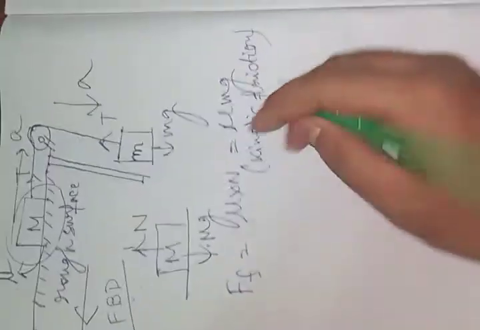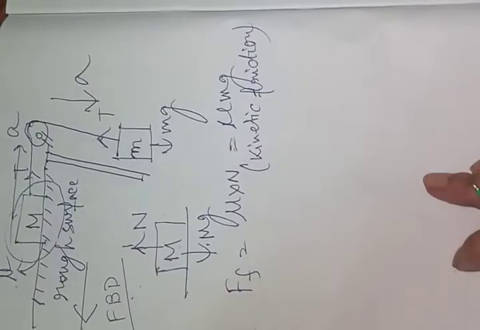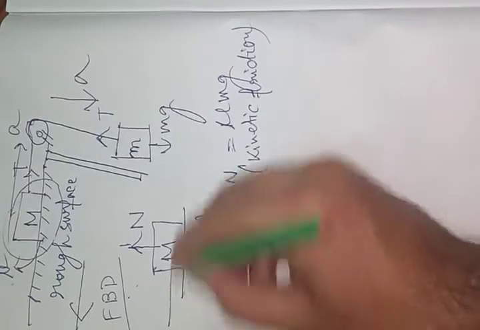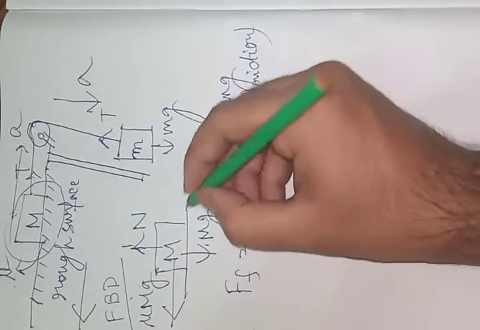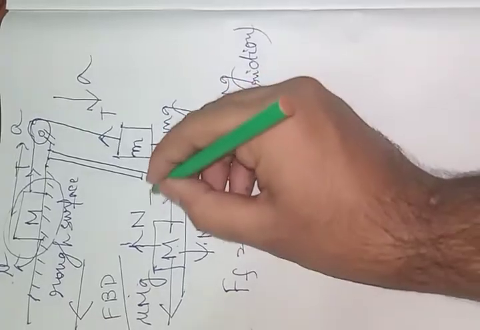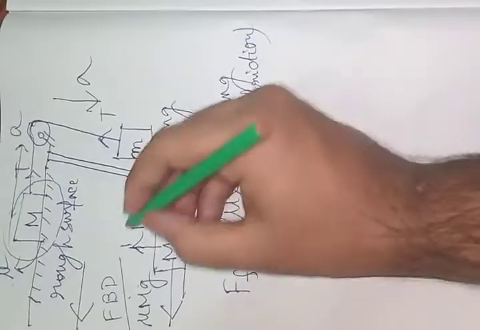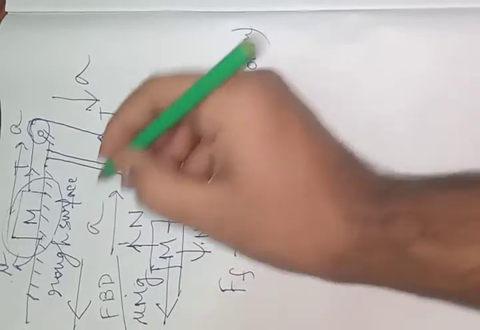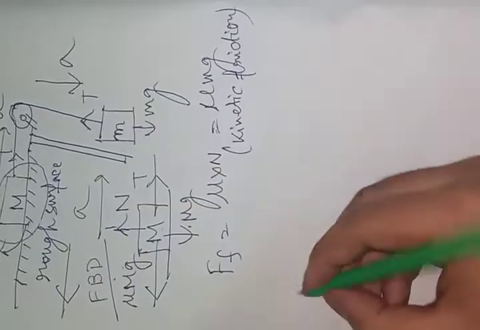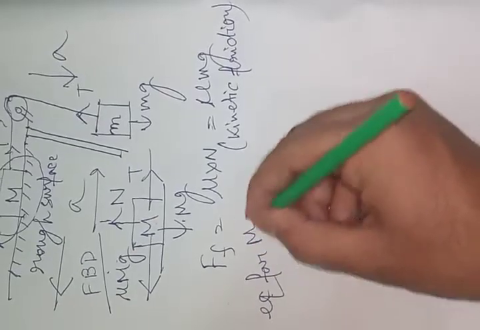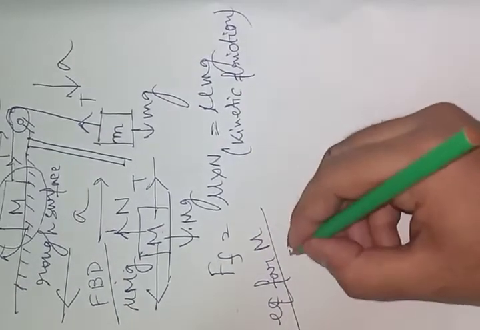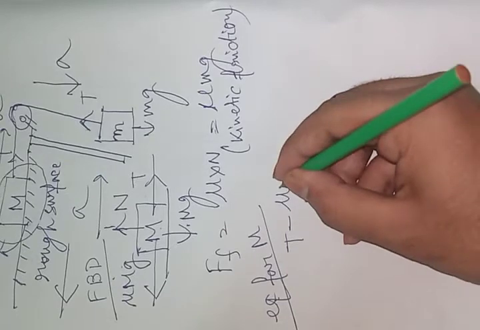Why is this kinetic friction? Because the body is moving. So backward is mu mg, and here is the tension, and the net acceleration is here. So for this block we can say that the equation for capital M mass is T minus mu mg equals